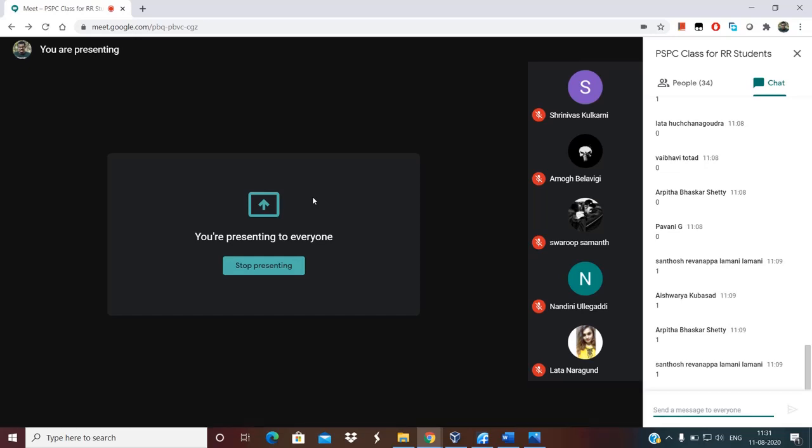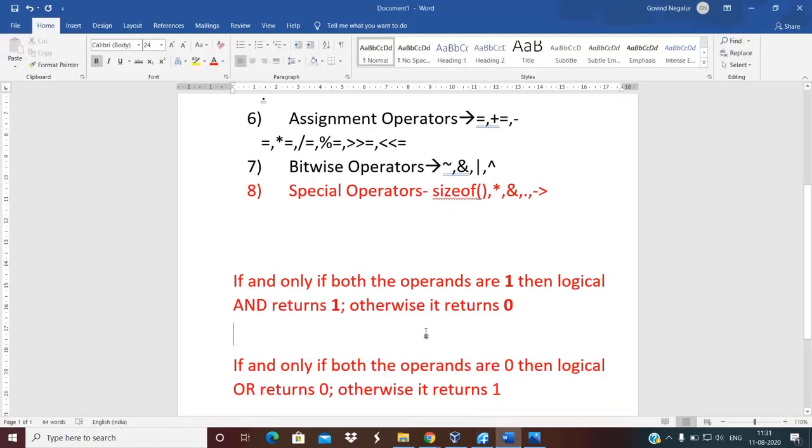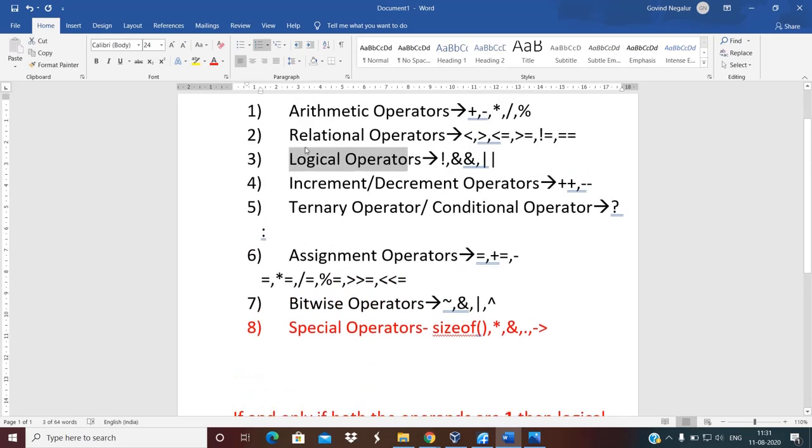Right. Now I will take up the last part of today's discussion, a brief about decision making. Right. Now, where are these operators like relational operators and logical operators used in reality? Usually logical as well as relational operators are used whenever the problem definition involves decision making.